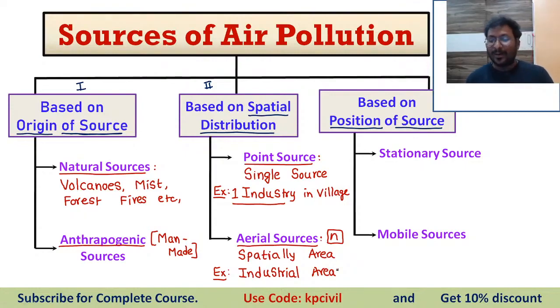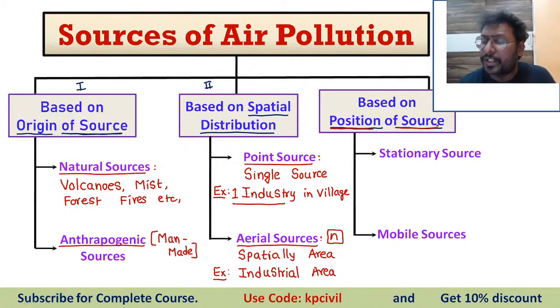Ashok Krishna, volcanoes. So a volcano may also be a single source, no? Ashok Krishna, a volcano is also a single source. It is not several sources. So an industrial area consists of n number of sources. So, areally distributed air pollutant. Then,